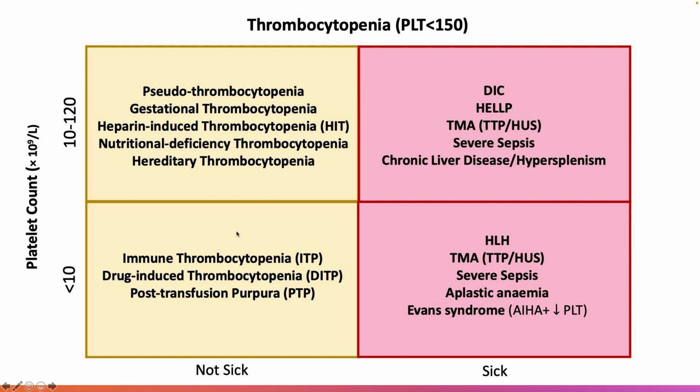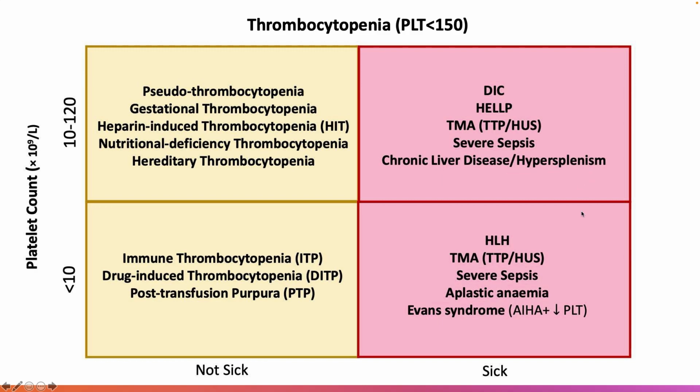Okay, but let's say you're talking about platelet that's less than 10 or even less than 50 to begin with, then you need to suspect hard whether this can be immune thrombocytopenia or ITP, whether this can be drug-induced thrombocytopenia as well, and whether this can be post-transfusion purpura. Okay, generally they have very low platelets, but they appear quite well. Okay, and if you're talking about a sick patient with a borderline low platelet, you also need to suspect whether this is an early form of DIC, this is HELLP syndrome, this is a thrombotic microangiopathy, be it TTP or HUS, whether you are dealing with severe sepsis with increased consumption, whether you are dealing with liver disease or evidence of